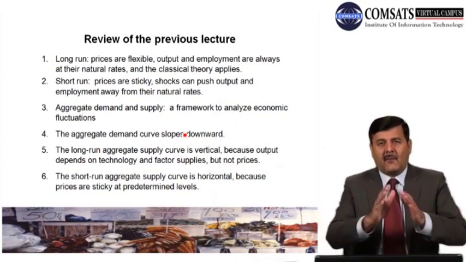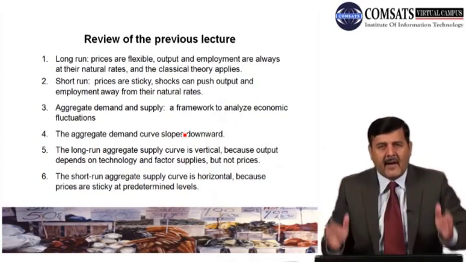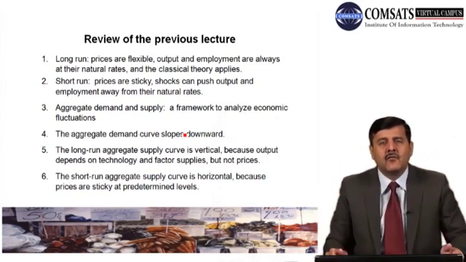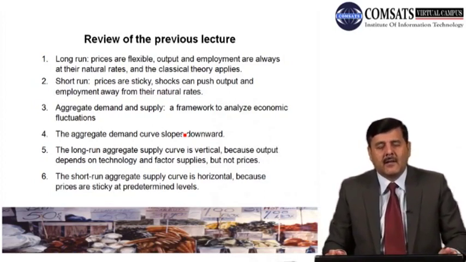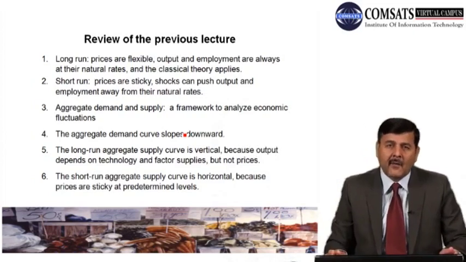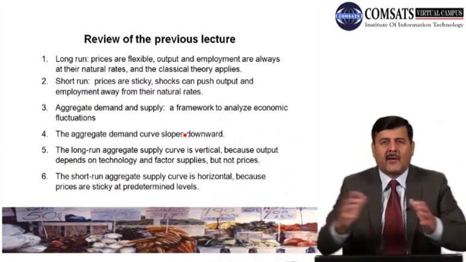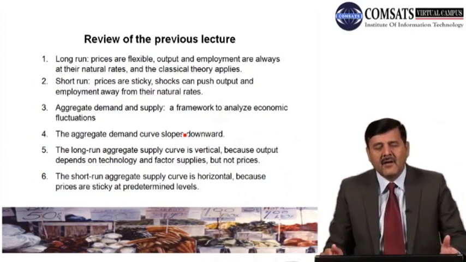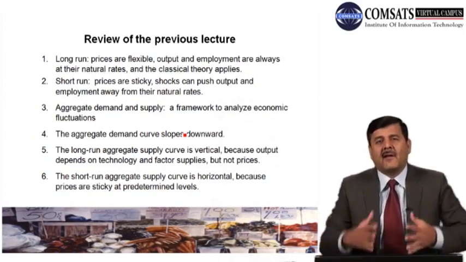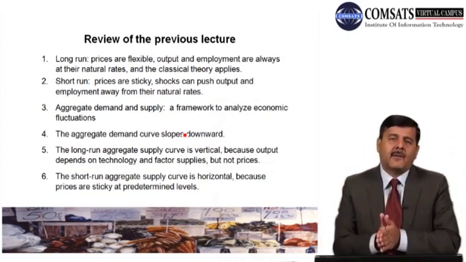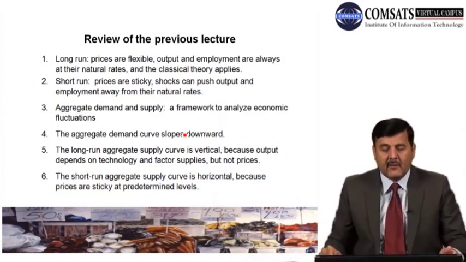After we separately discussed the aggregate demand curve and aggregate supply curve, we combined these two curves and tried to see how economic fluctuations can disturb the economy in the short run, and in the long run how it comes back to its natural rate, right? So we combined both aggregate demand and aggregate supply in one diagram and saw what will happen to the economy in the short run if there is an economic fluctuation, and that in the long run the economy comes back to its natural rate. So this was